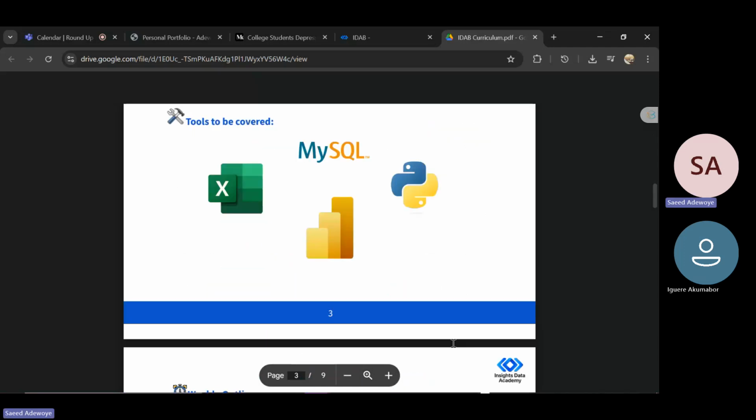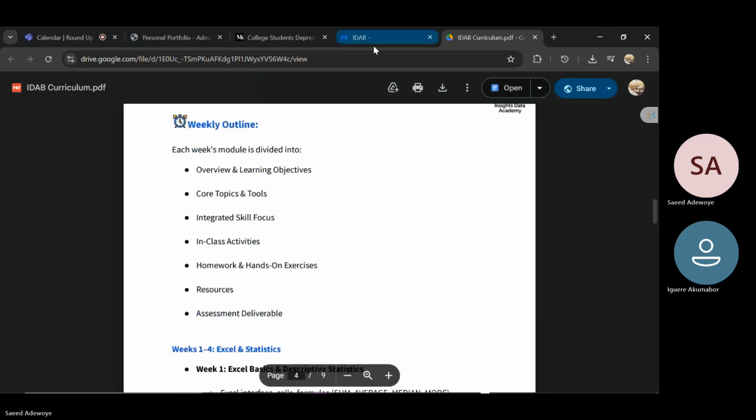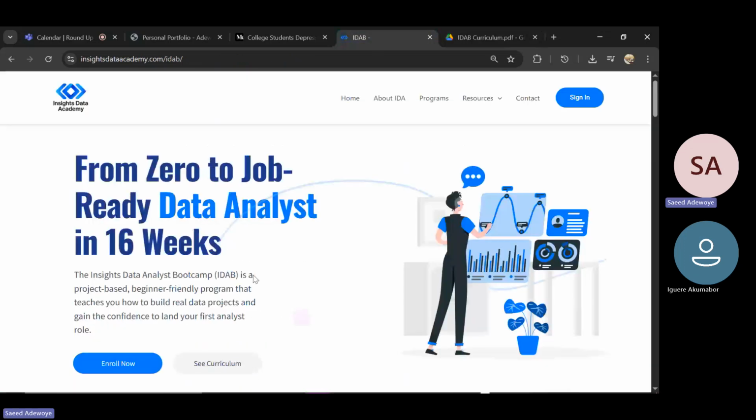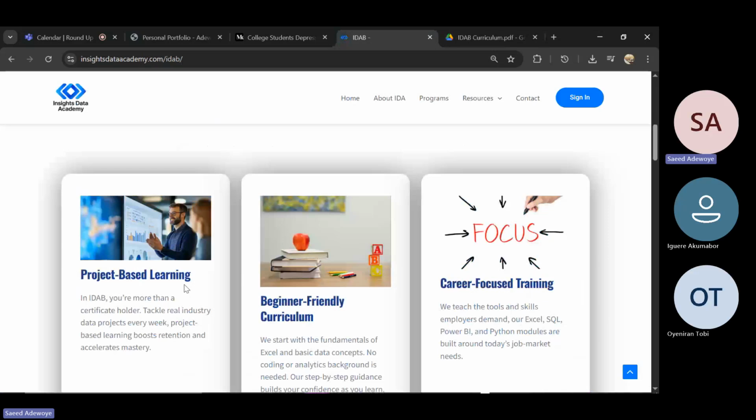So for this particular bootcamp, we are focusing on three things basically. It's project-based learning. It's not all this normal English here and there. I call them English, actually, as in theories. Excel, what is Excel? Nothing like that here. The person that comes to learn analysis, at least to some basic extent, knows that Excel has rows and columns.